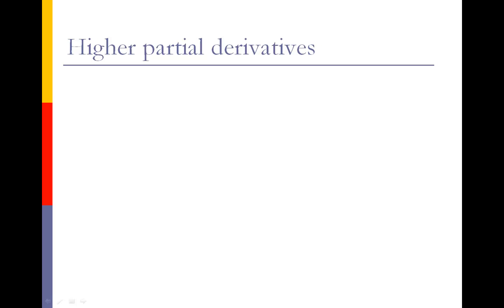Last time we looked at the idea of a partial derivative for a function of two variables, and we saw that this is pretty much the same as a regular derivative, except that we have to distinguish which variable we're taking the derivative with respect to and which variable we're actually considering as a constant. Well, we can continue that game just like we did with the regular derivatives